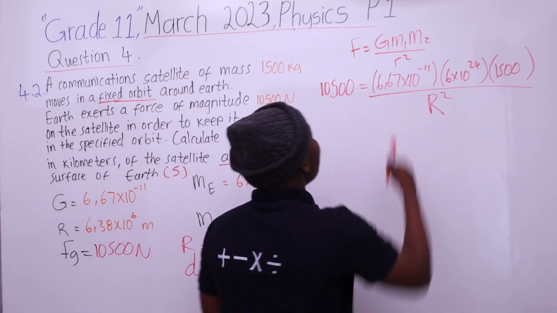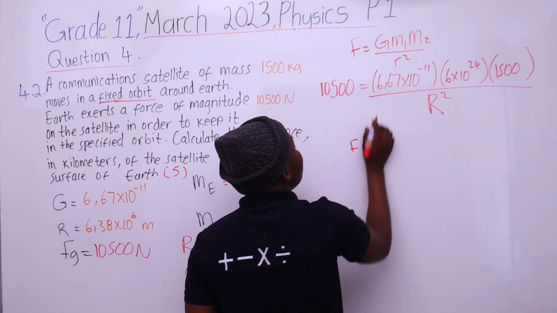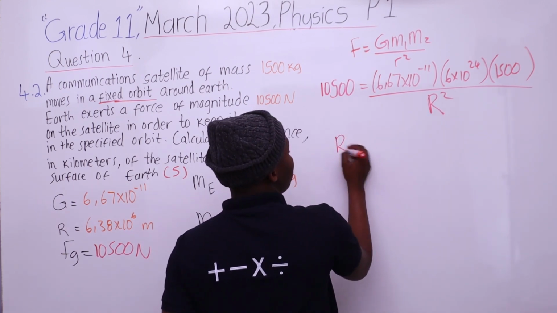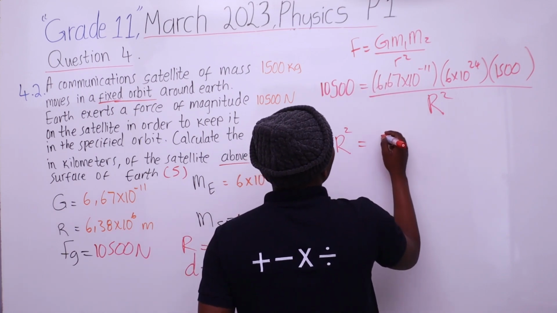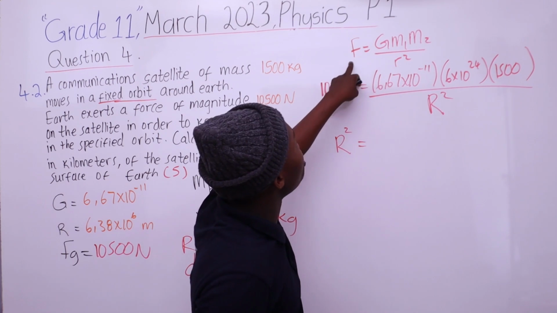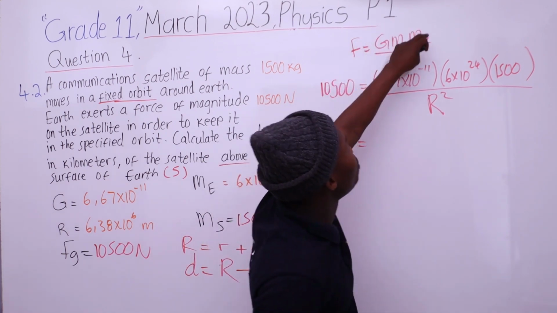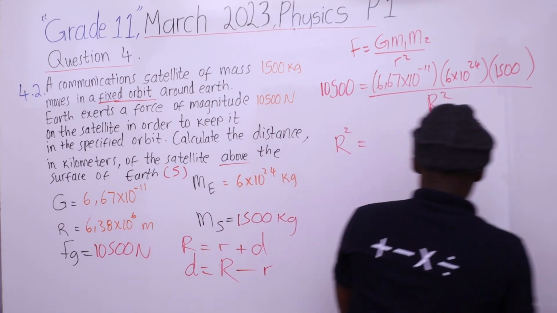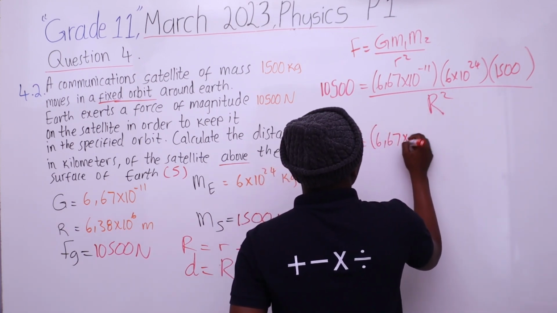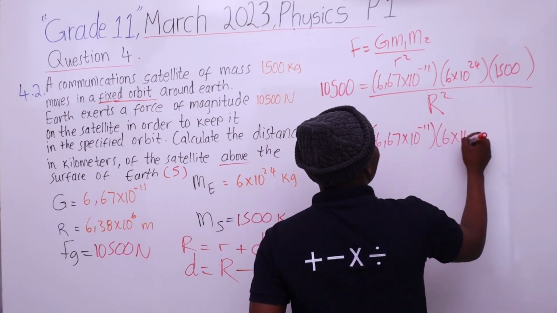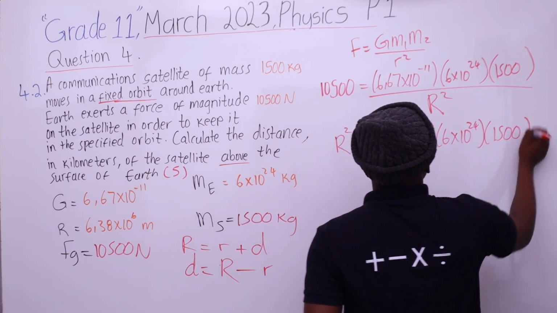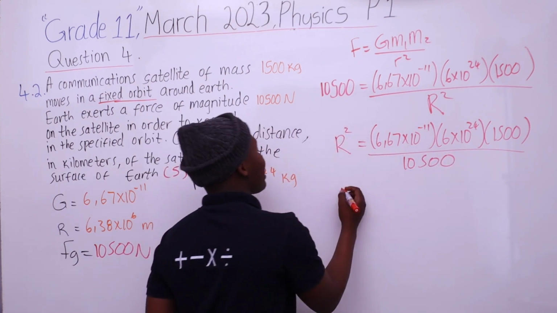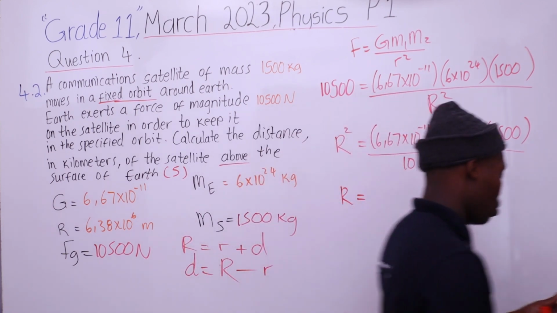So asibuke njani? If isimenza i-substitute the formula kuzoba othi ngiyisuse nje kahle lento khona izobonakala u-r squared uzolingana nobani. Angithi uzocross multiply la, uma ucross multiply kuzoba f r squared olingana no g m1 m2 and then divide ngo-f. So kuzoba u-g, othi ngawubhala u-g ngifake ama-units. So r squared kahle kahle ulingana nobani no 6,67 times 10 to the minus 11 multiplied by 6 times 10 to the power 24 multiplied by 1,500 and then some divide ngo-f which is 10,500. And then i-answer yethu sizoyithola sizoyifaka i-square root. Ungakhohlwa lo thatha i-calculator